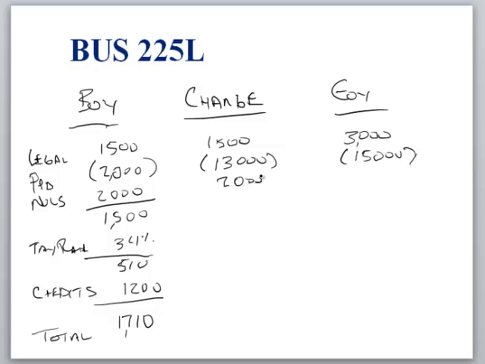I used my NOLs, right? So the DTA, or the deductible temp difference I thought I had at the beginning of the year, that's toast, right? I've used it. So at the end of the year I have nothing. So at the end of the year I have taxable temporary differences of $12,000,